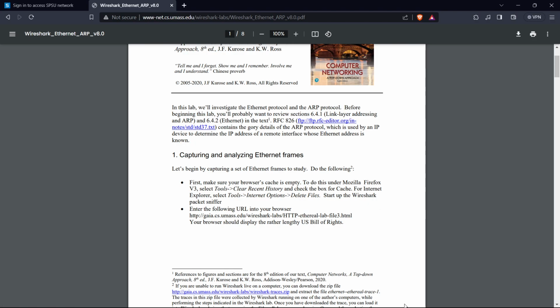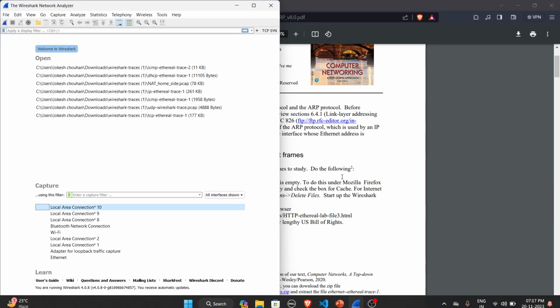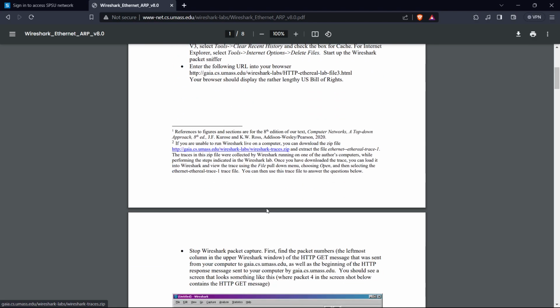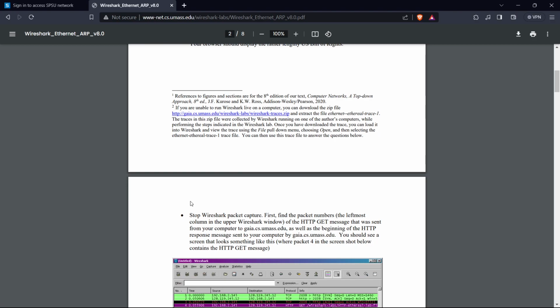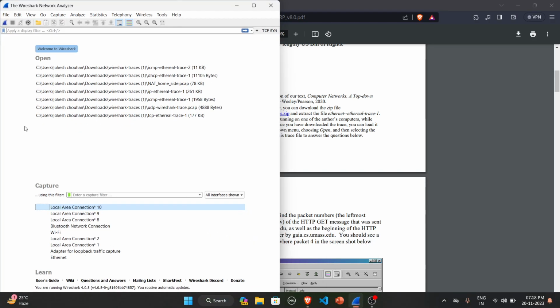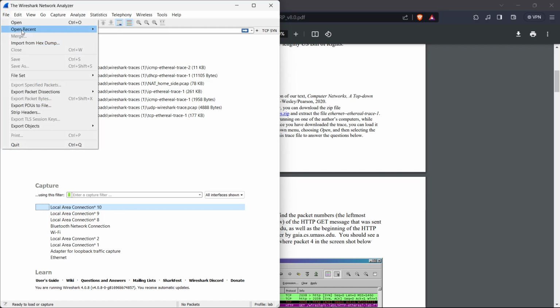Then we have to start our packet sniffer. I have already started the packet sniffer, and then we go to the website. After going to the website, we stop the Wireshark packet capture. But I am using the Ethereal trace file which is given in this PDF. Now first I'm opening the